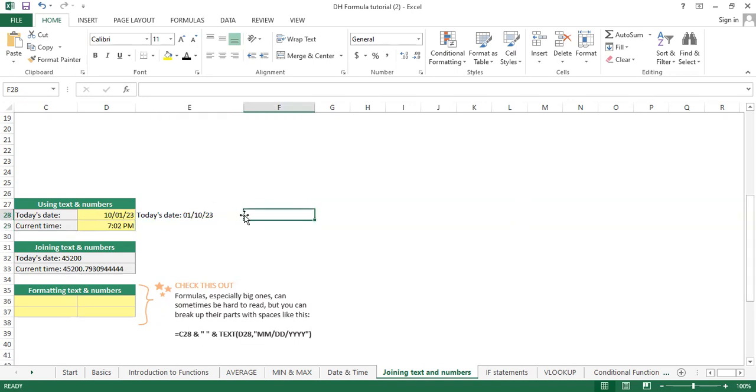Okay, so let me repeat again. Equal to, now I want to join today's date with the actual date together. So first I'm going to reference C28, which is today's date. It's a text. Then we're going to use the ampersand to join it, which is and. And then we'll have a space between today's date and the number. We're going to use double quotes, put a space using the space bar, and then put double quotes. Then and